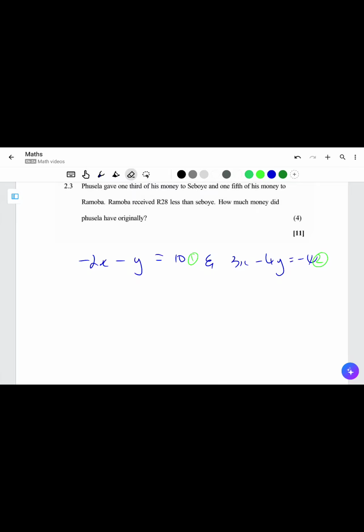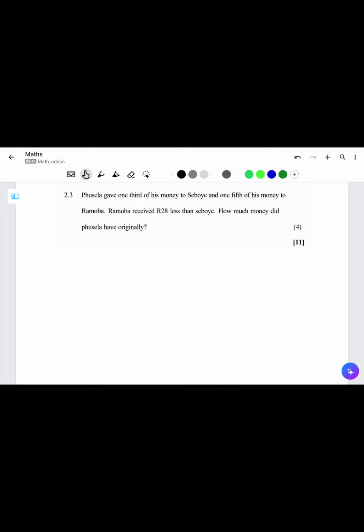Alright, so your next question now says that Pusela gave a third of his money to Seboye and 1/5 of his money to Ramoba. Ramoba received 28 rand less than Seboye. Okay, so now they're asking us, how much money did Pusela have originally? Okay, all right, so we can say that it says that